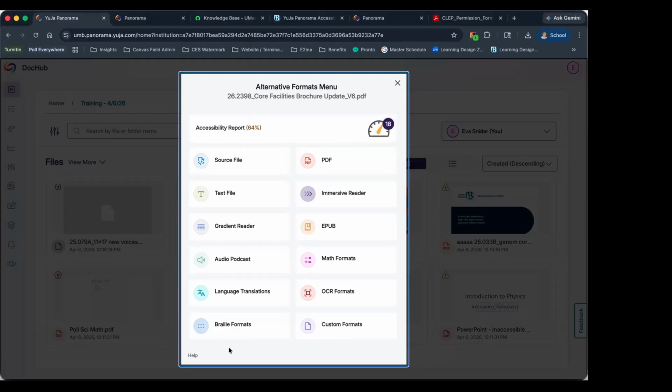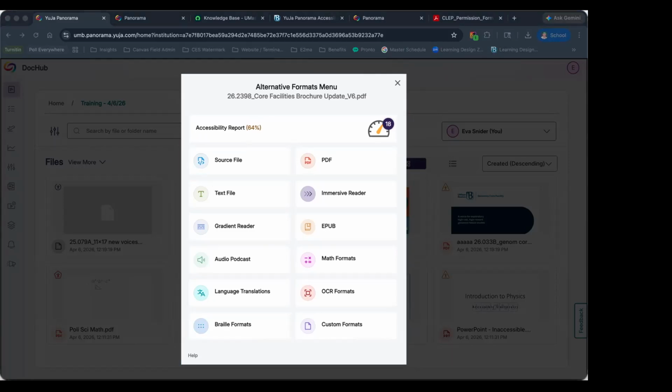If you need to make changes outside of Panorama, which can be something you might need to do, then what you want to do is just click on the file and then download the source file. That's going to give you the file in its default file format. In this case, we have a PDF, so it's going to give us a PDF. And that will give you the most recent version of this file with all the accessibility changes you've made.